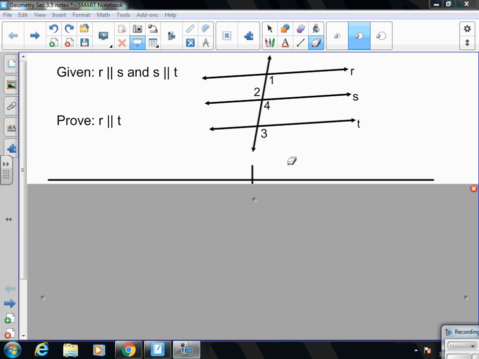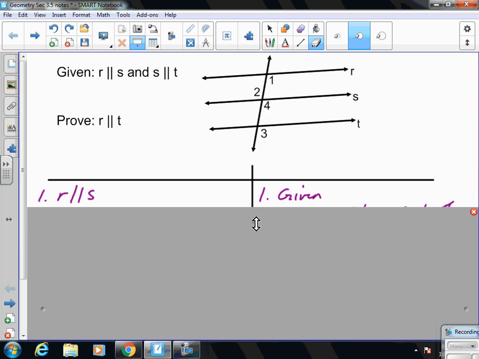Alright, so starting off with part of the given. We don't have to use it all at this point. So R is parallel to S. That's given. So we're looking at the two top lines here. And so if these two top lines are parallel, then we've got certain relationships that we could recognize between the angles. Because if the lines are parallel,